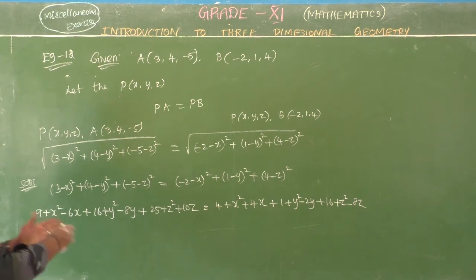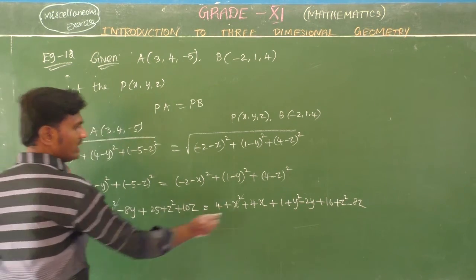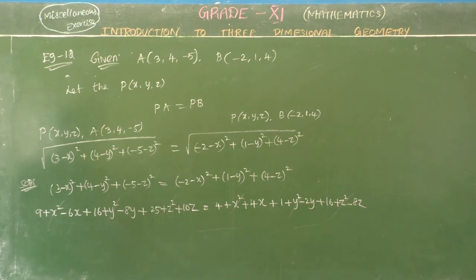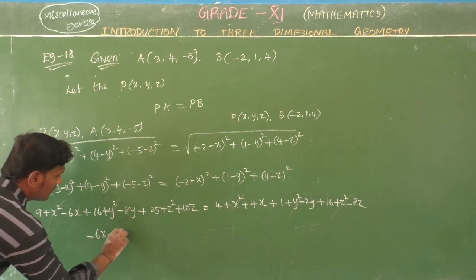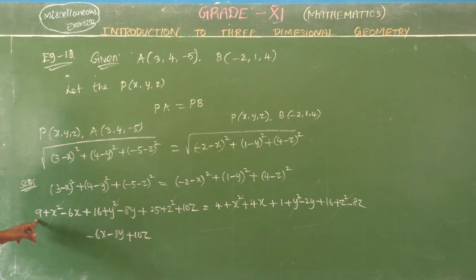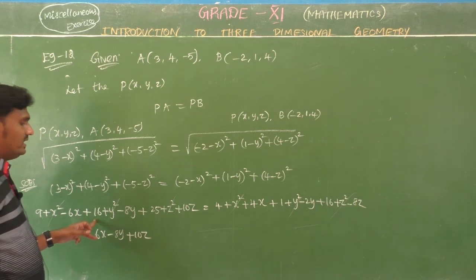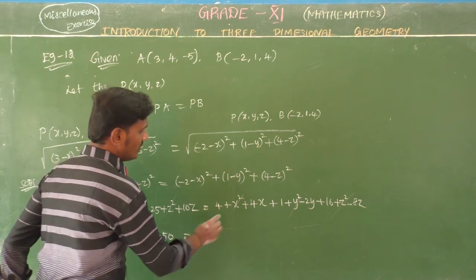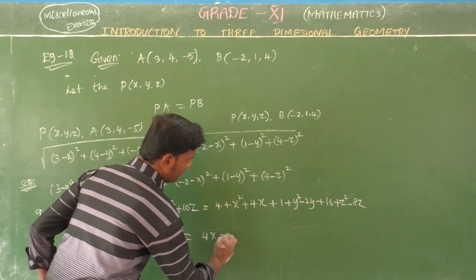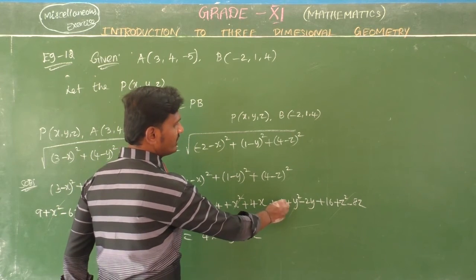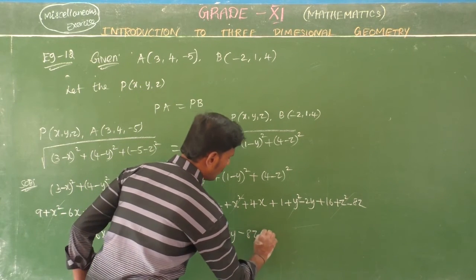8z. Okay, so look at the left side and right side, you have common terms x square, y square, z square. Now you are going to simplify minus 6x minus 8y plus 10z, and the constant terms of plus 9 plus 16 25, 25 plus 25 is plus 50, which is equal to 4x minus 2y minus 8z. 4 plus 1 5, 5 plus 16 21.